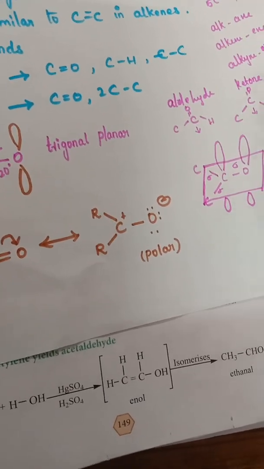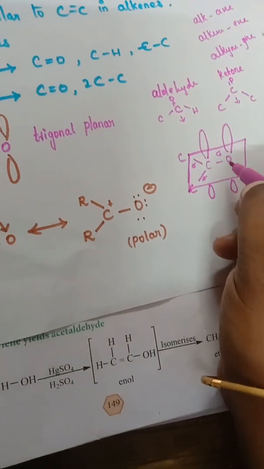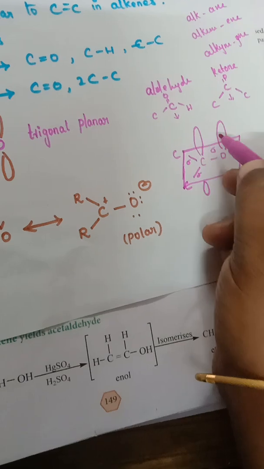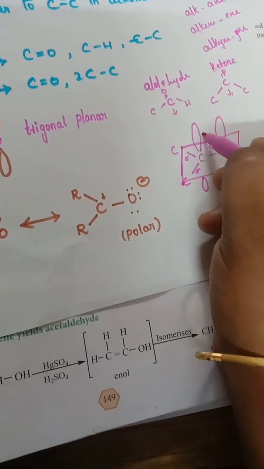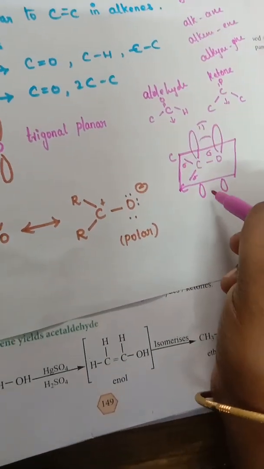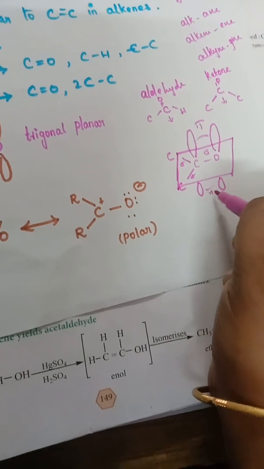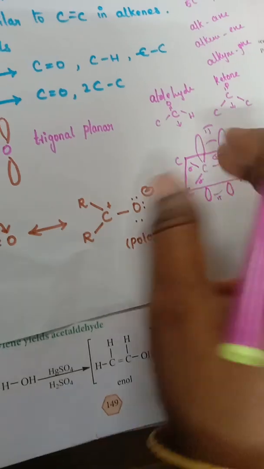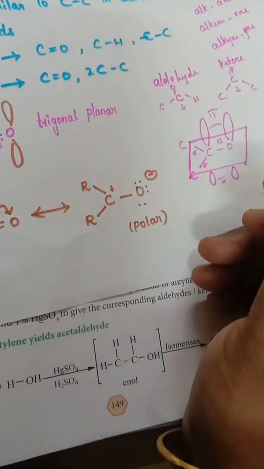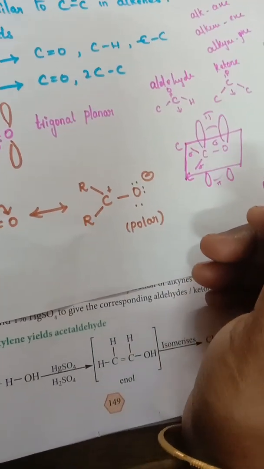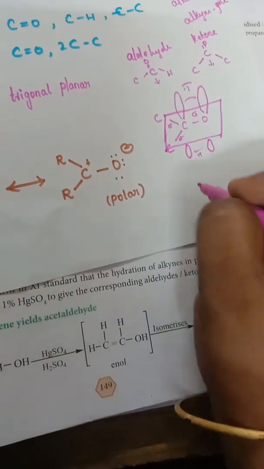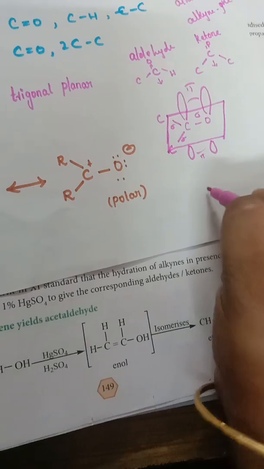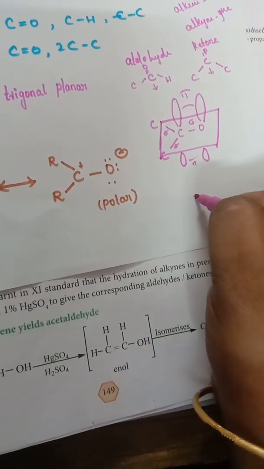Okay, so now what happens? This is a pi bond. These two overlap laterally, sideways, and they form a pi bond. So they both form a pi bond. Pi bond will be formed here. Okay, and how does this pi bond appear? They mix together and form a pi cloud. Okay, so how do they form the pi cloud? It will be joined like this. See, carbon